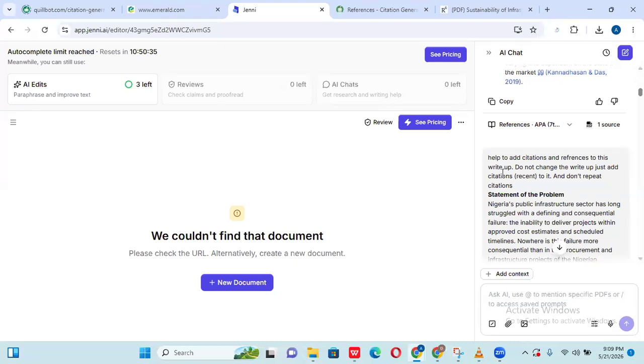Recent, meaning put recent citation to it, and don't repeat citation. One of the things that AI does is to repeat citation. Don't repeat, meaning go to the databases and find the right journal for all these sentences. So that's what it does. So I posted it.